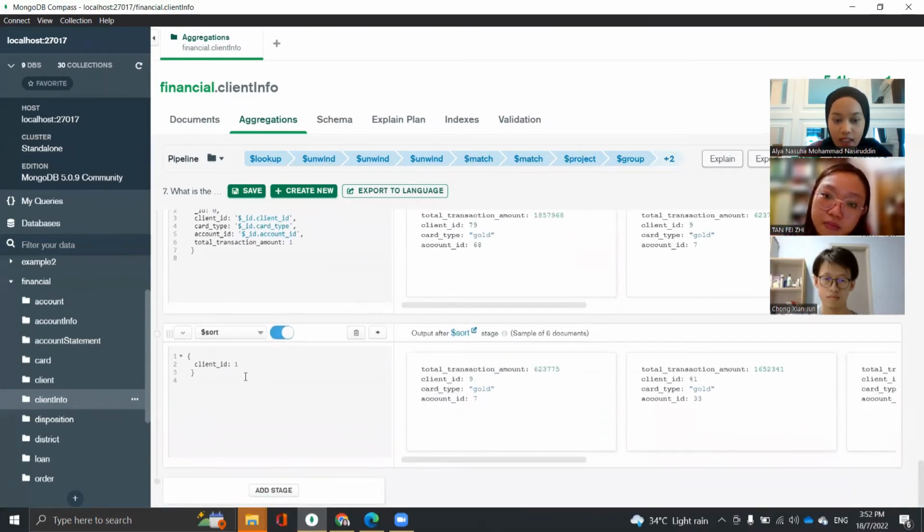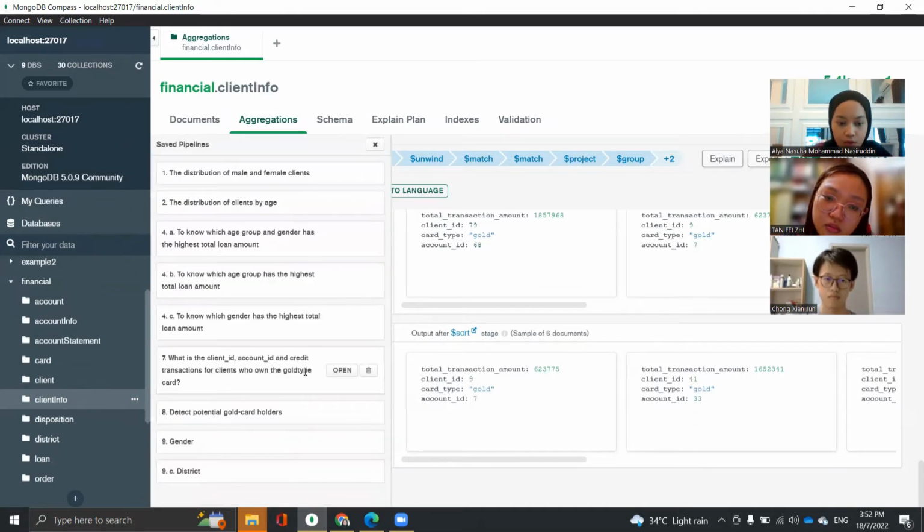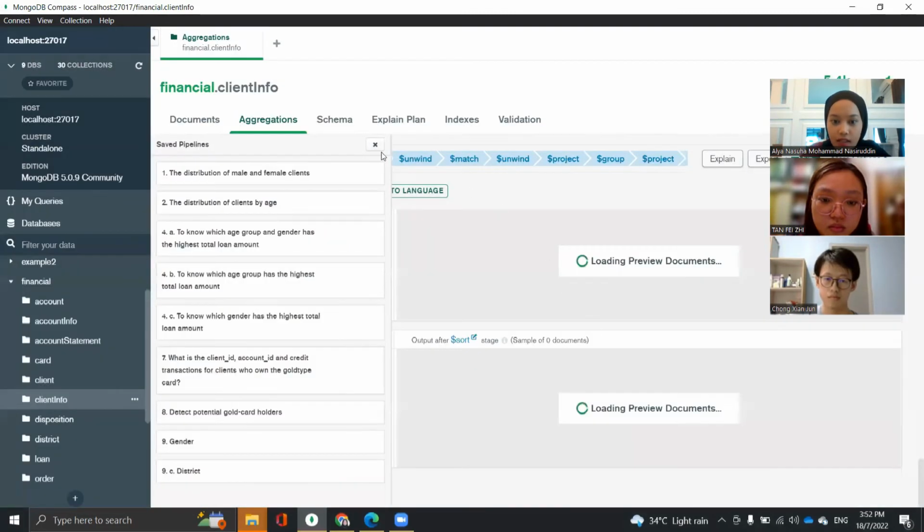And then I sort it in ascending order, but by client ID. And then move to number 8, which I want to detect the potential gold card holder. So in this pipeline,